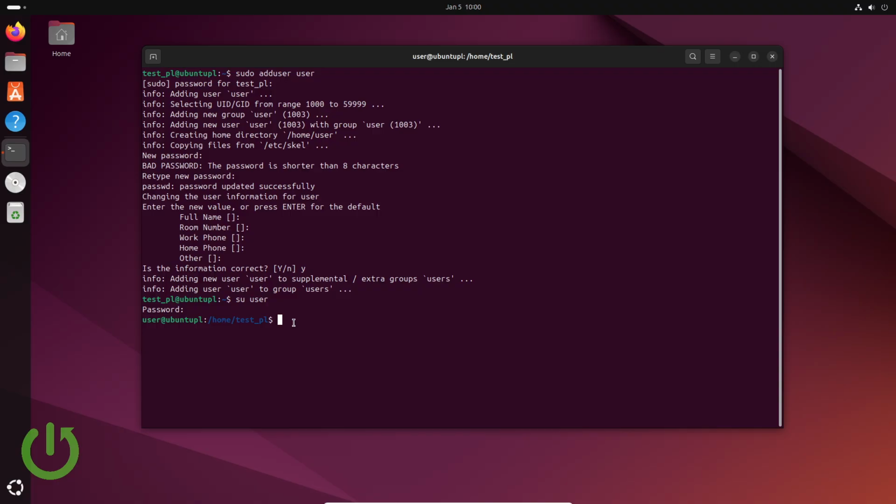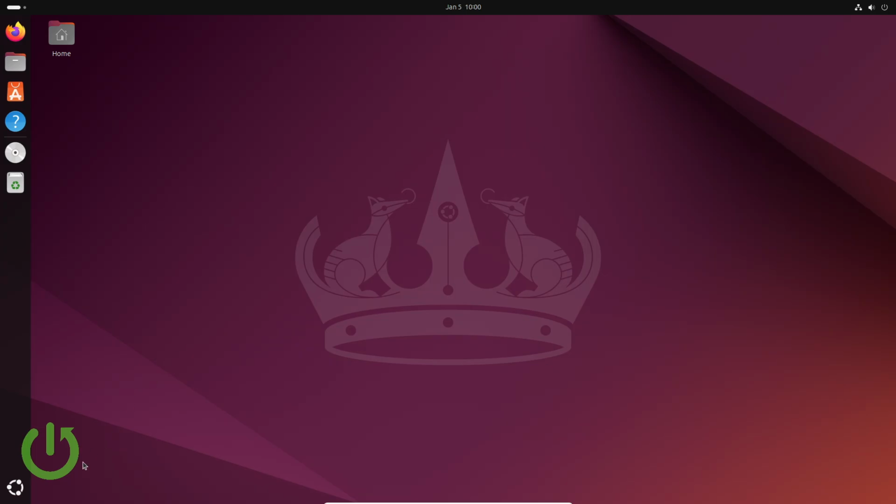You have two options. The first one is exit. So if I type in exit, as you can see I logged out from this user, and if I type in exit right there, I will log out completely from the terminal. So my terminal will close. As you can see, it is closed. I can go back